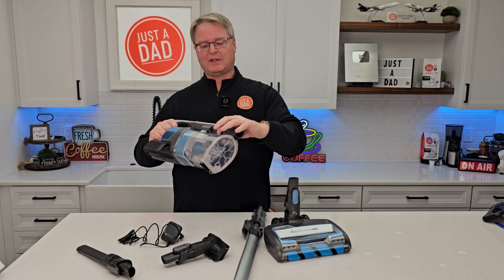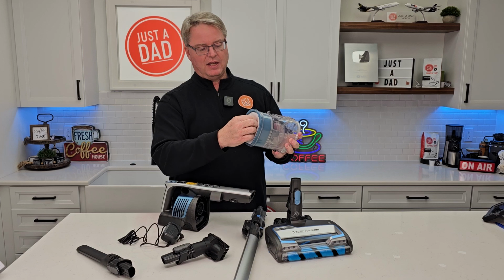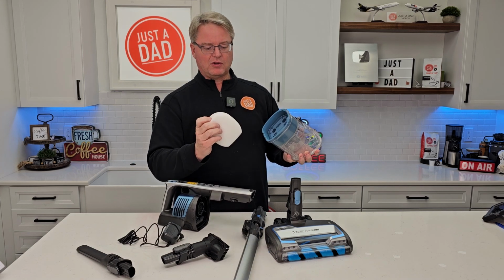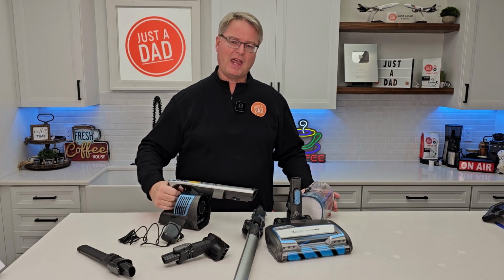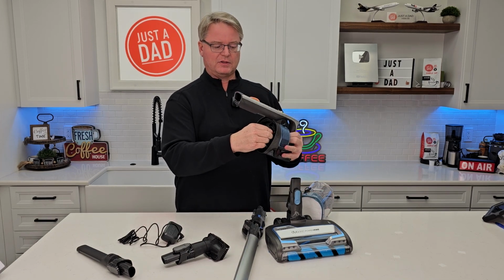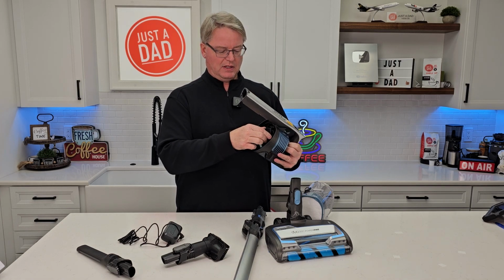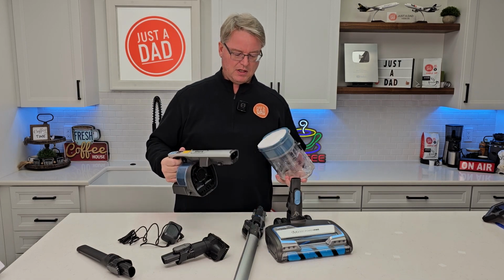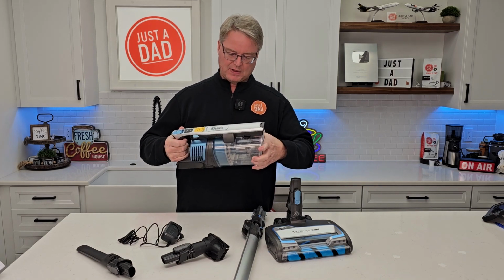Once in a while, you do have to take this filter assembly off, press this button. In here, there is a filter here and here. You will have to clean these once in a while, make sure they're nice and dry. Now, there is a HEPA filter right here. Just pull it. Sometimes you do have to clean that HEPA filter or even replace it. Very simple to work on. Line this up, put your filters back in, line that little notch up in the bottom, rotate it up and